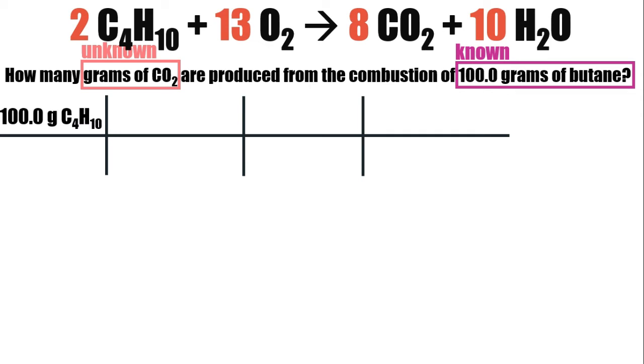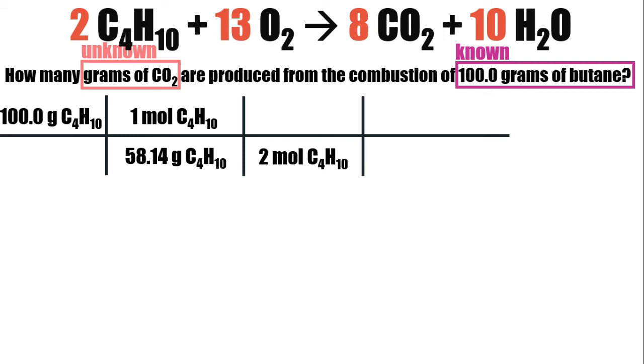Write the given to the upper left, then make use of the molar mass to get the moles of butane. Now that you have the moles of butane, remember that we're looking for the moles of carbon dioxide for now. Okay, so we have to make use of the mole ratio, and we get that from the balanced chemical equation. In the bottom, you will have 2 moles of butane, and in the top, you have 8 moles of carbon